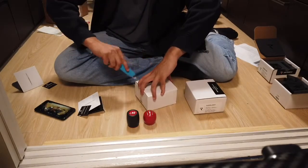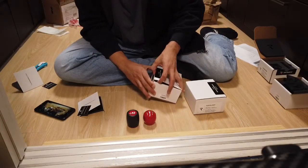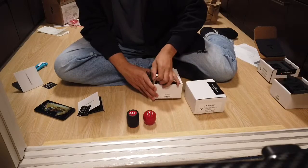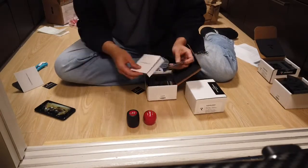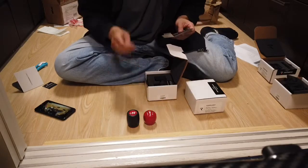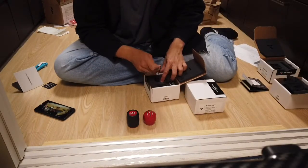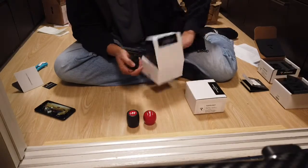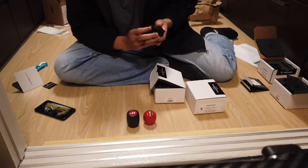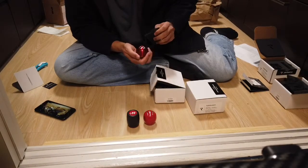Yeah, I know, pretty crazy. But why did you buy all these shift knobs? Because I could not decide what I was going to really like, what was going to match in my car. Alright. This one is another slammer. But this one is the